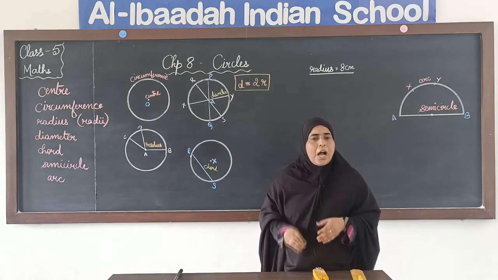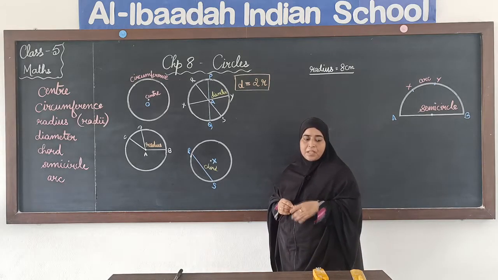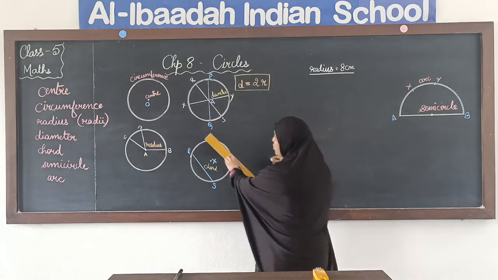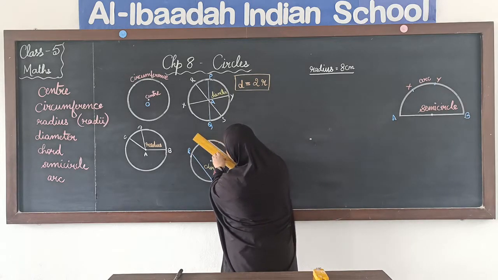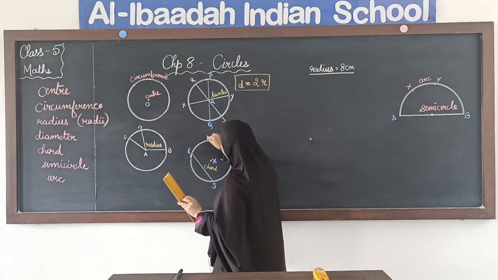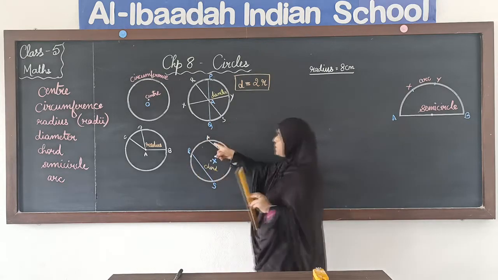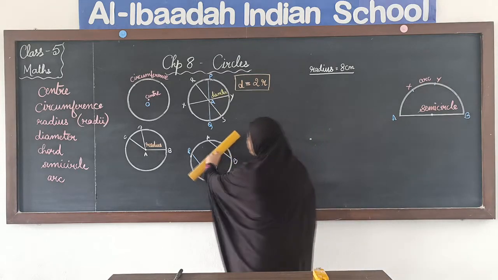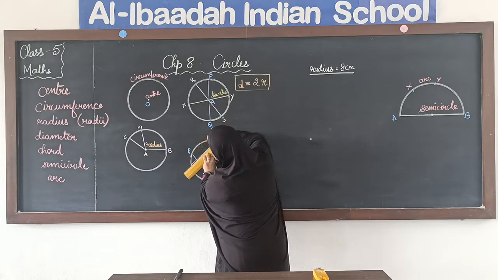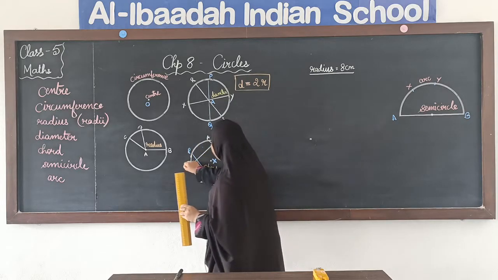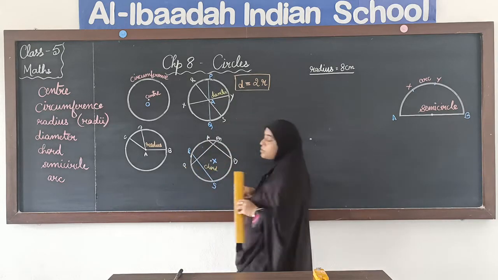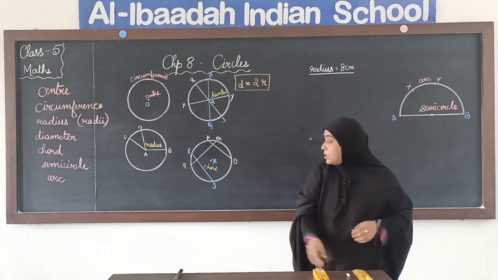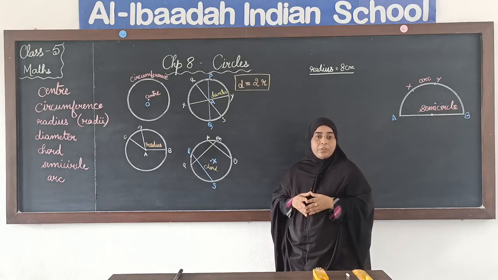So in a circle, how many chords can we have then? Can I draw more chords over here? Yes, I can draw more chords. I can draw another chord over here and I can name it as AB. AB is also touching two points on the circumference and it becomes a chord. I can draw another chord like this, okay, and I can name it as PQ. So it is also a chord, right? It is touching two points on the circumference. So a circle can have any number of chords.